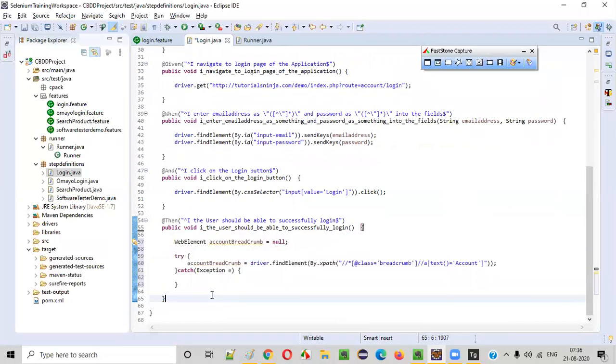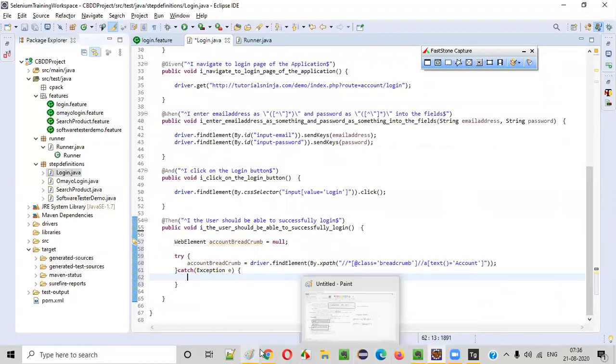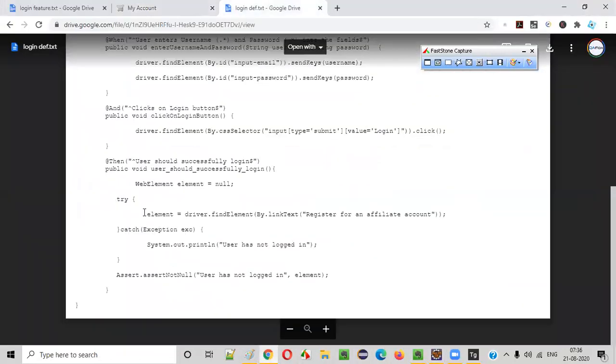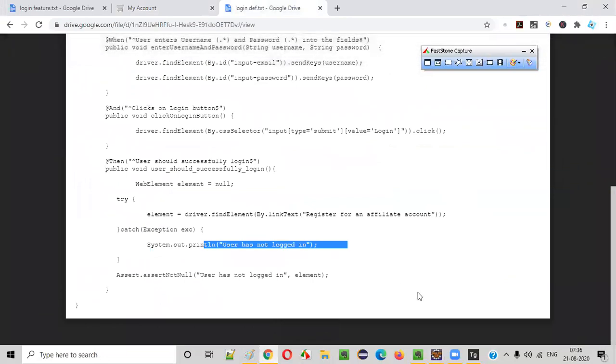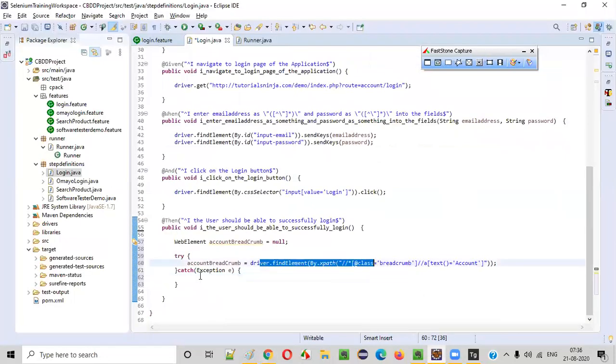If the exception is coming, then it is a problem. So the user has not logged in. Simply, if you get an exception, that means the login has failed.